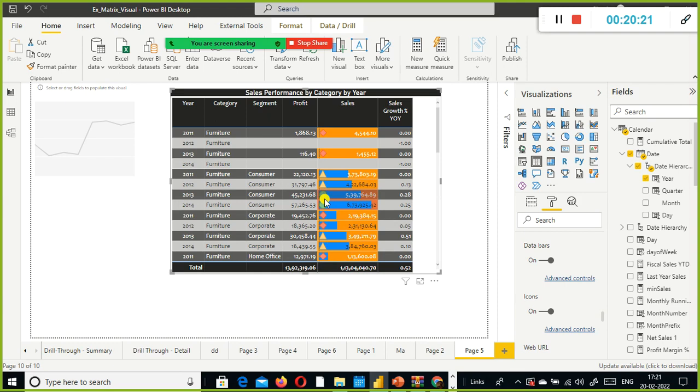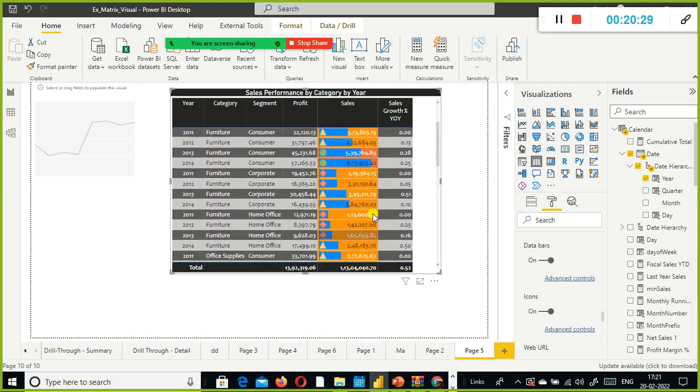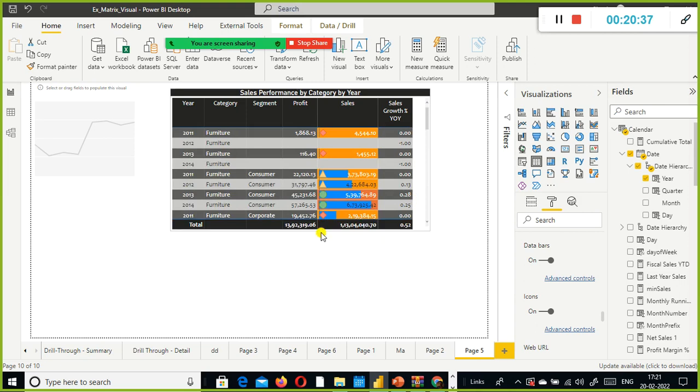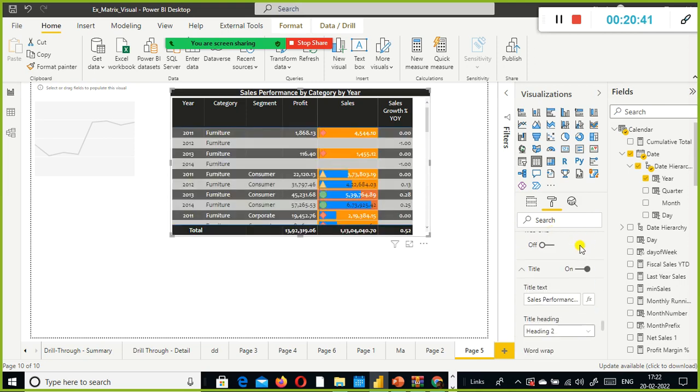So you can either use the data bar, or along with this you can use the icon also. And the colors, if you want, you can use them. If you don't need them, you don't. So the data bar itself is more than sufficient to understand the trend. So these are the options. Apart from this, these are the important features you should be aware of as part of table visualization.